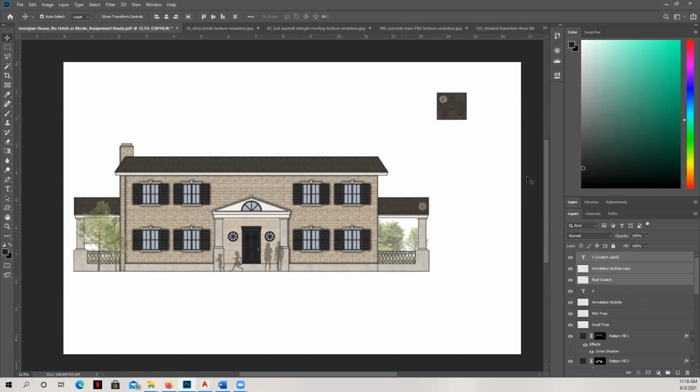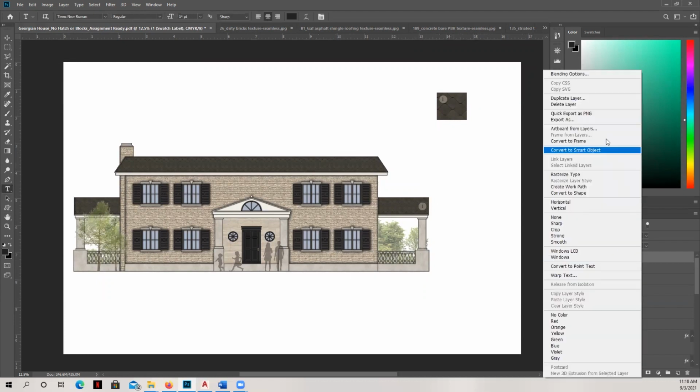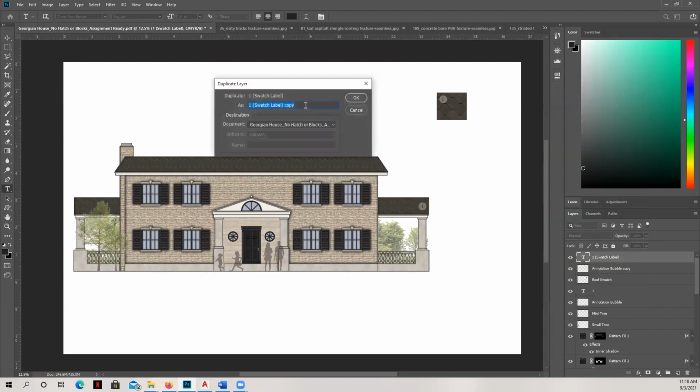And then I'm going to create one more text box here. Actually, you know what I can do is just duplicate this layer. That'll be even easier. So it'll be one swatch information.